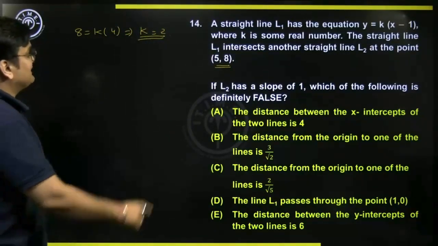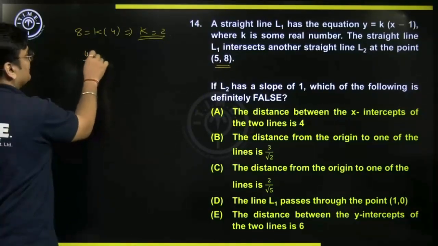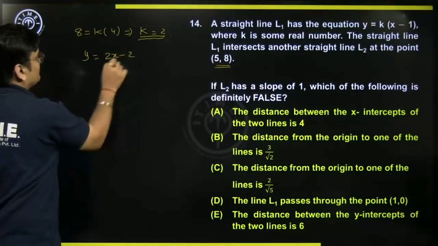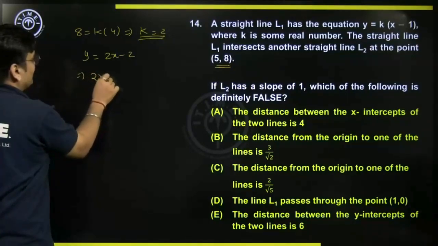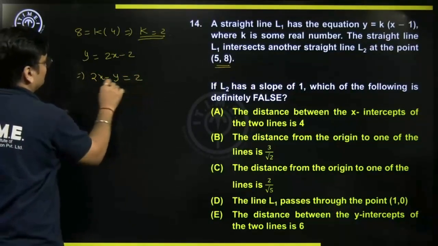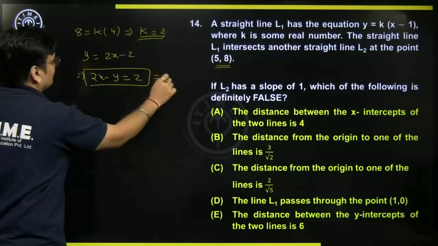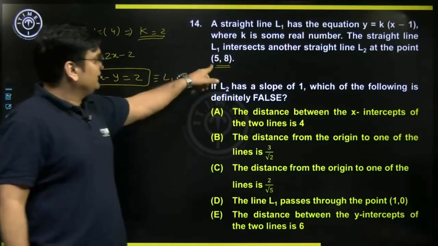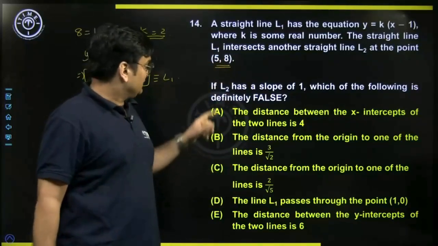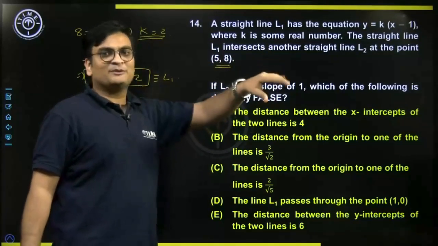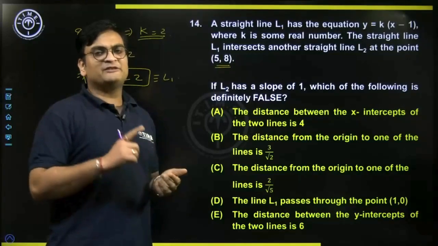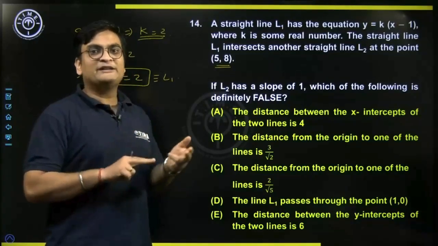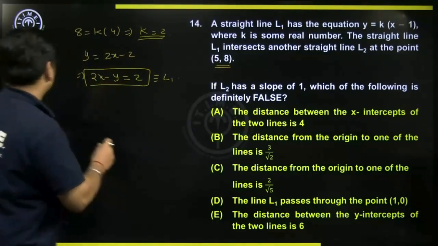So k is 2. So that means my first equation becomes y equals 2x minus 2. So that means 2x minus y is equal to 2. This is your line L1. Now what about L2? We know only one thing, that it passes through 5, 8. Further it says L2 has a slope of 1. Now at this moment we know slope of L2. We know a point through which L2 passes. Hence can I say